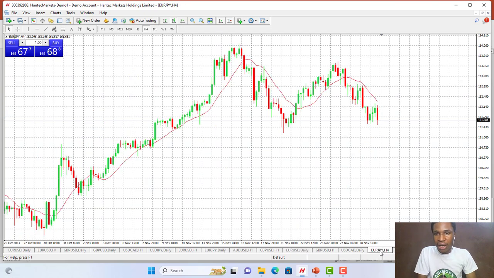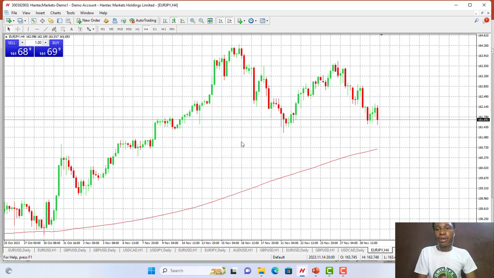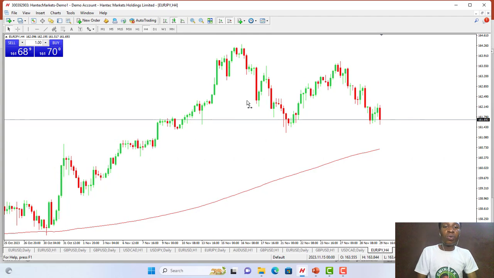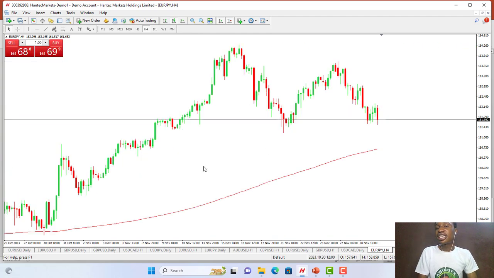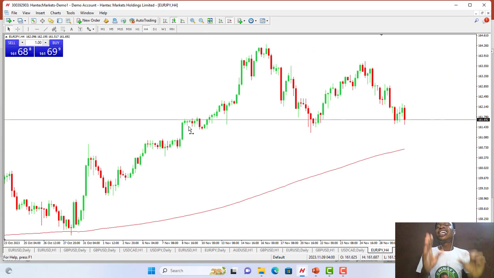In our Euro JPY, let me apply the 200 period moving average. So we apply the 200 period moving average. If the market is respecting it, just know that the same market is in a weak trend. You can see it respected it here as a support, respected it here as a support, respected it here as a support, right? So these things are very important,